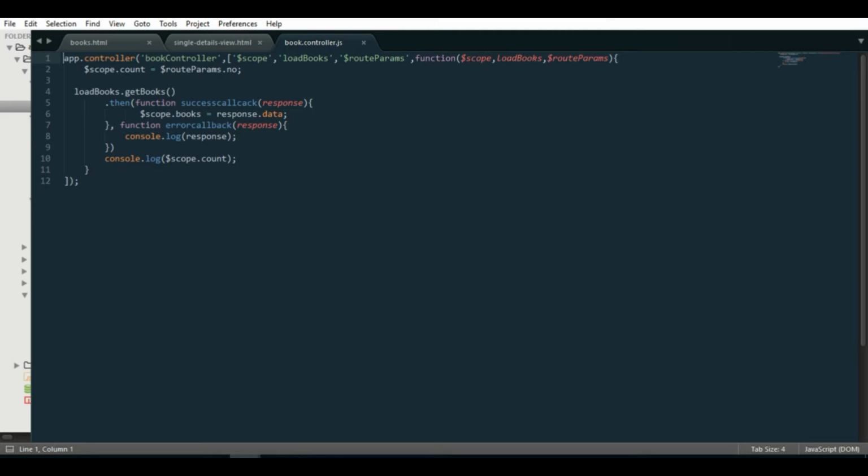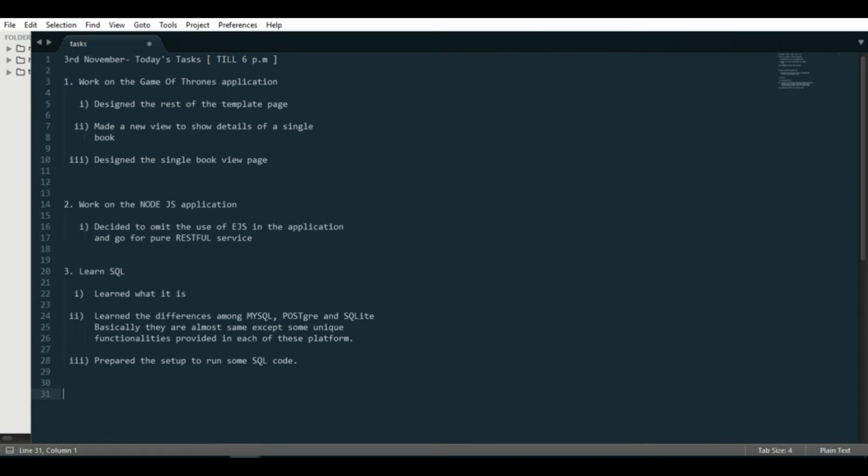I already had a view where the names of all the books are displayed, and I made a new view to show the details of a single book, like how many pages there are, author, publisher, ISBN, and all sorts of stuff. That single book view page is ready. On the next day I have to work on a different aspect, which is, I guess, houses or characters.